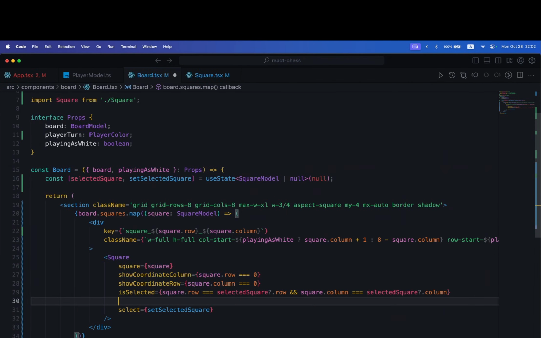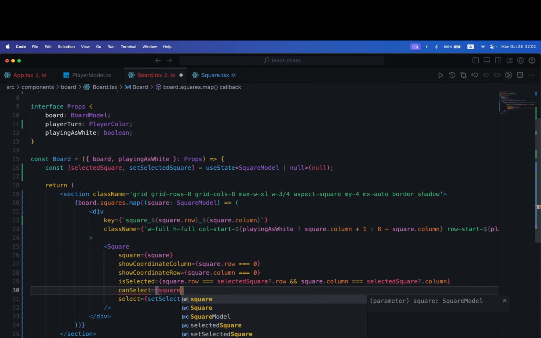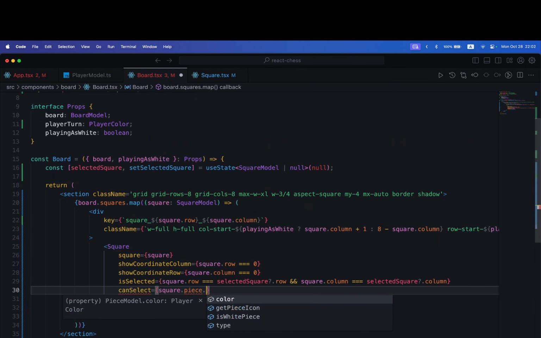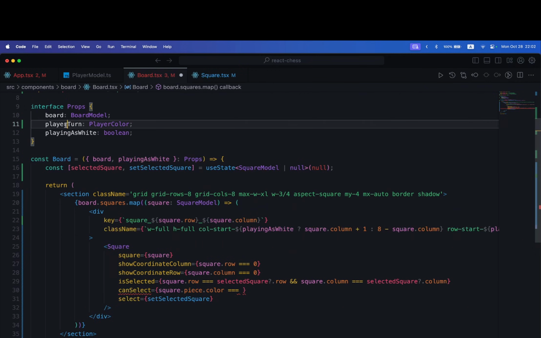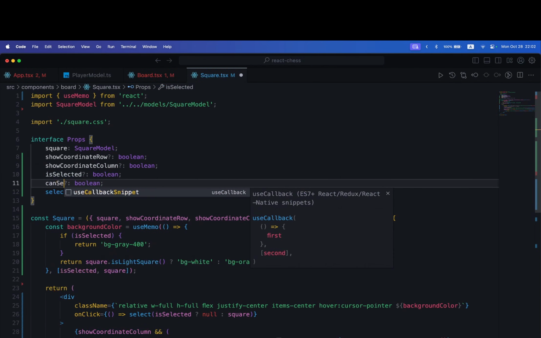So we're going to create another variable here, another prop for the square, which is canSelect. And this will be square.piece.color equals our player turn. Let me get it here in the props, is equal to player turn. Our square, of course, we need to receive this. There's the isSelected and the canSelect